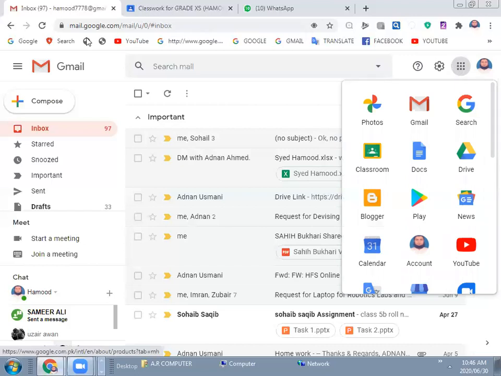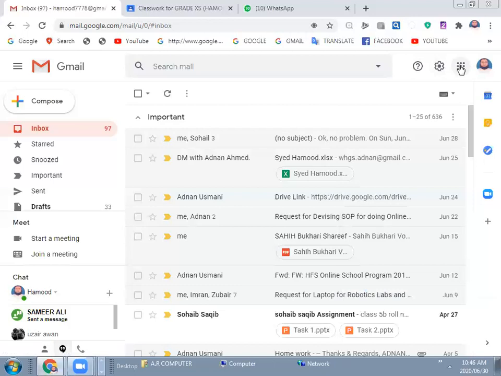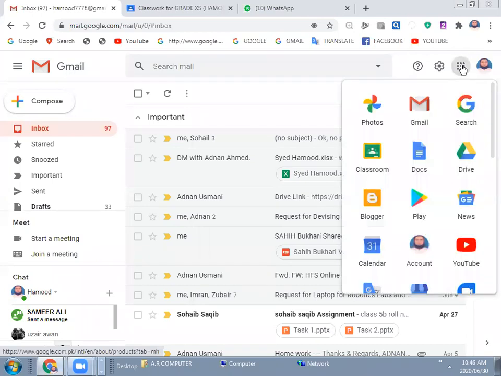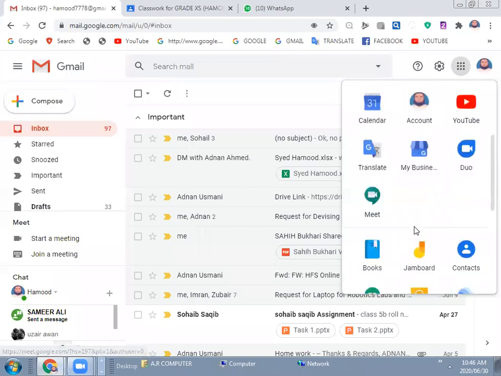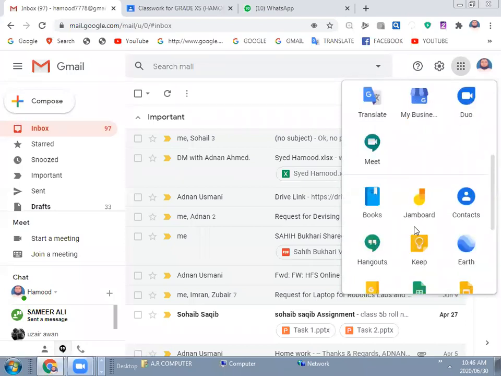How? When you sign in and you go to this, it is called the Google Apps button. What is it called? Google Apps button. You go to the Google Apps button, and actually these are all cloud computing applications: Google Classroom, Google Drive, YouTube, Google Meet.